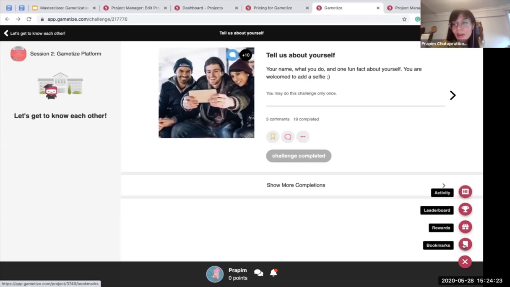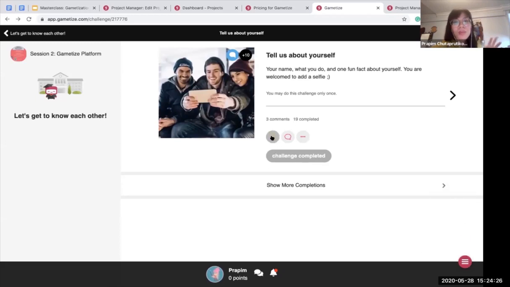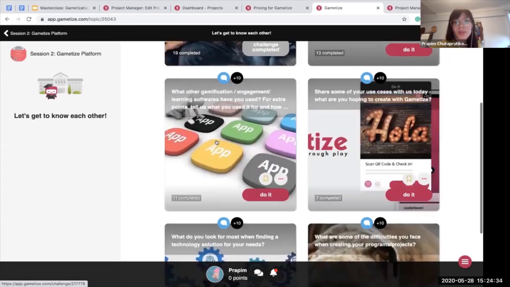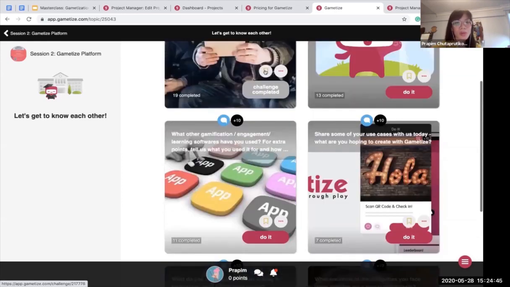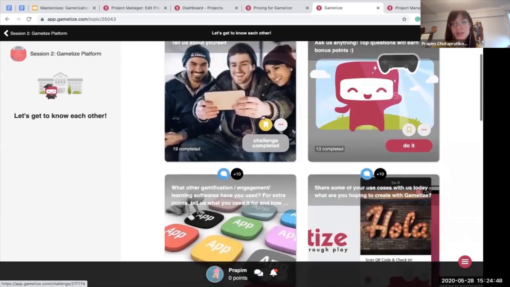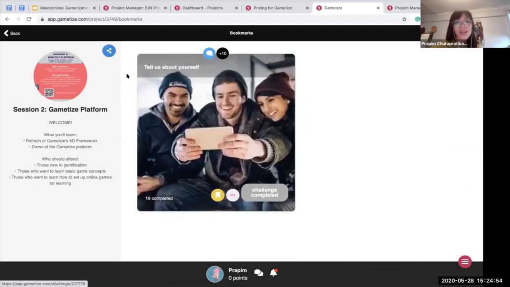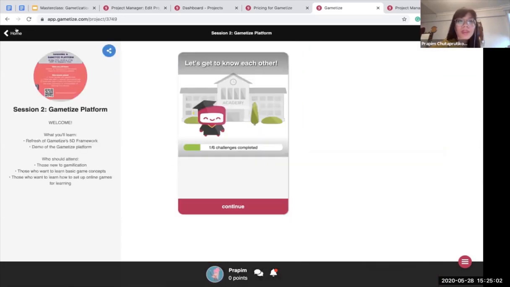And then bookmarks. I would say the use case would be something more like if you have a lot of content on the platform. For example, some of our clients use it for L&D, and they have a lot of questions and learning resources that they may post on the Gametize platform, in which case I can bookmark which one of them is the most relevant to me. So for example, you can see I've just bookmarked that. And then if I were to go to bookmarks, you can see that all of it is ready for me at a glance. I don't have to go through the entire platform just to find what I'm looking for. Okay, so that's essentially the